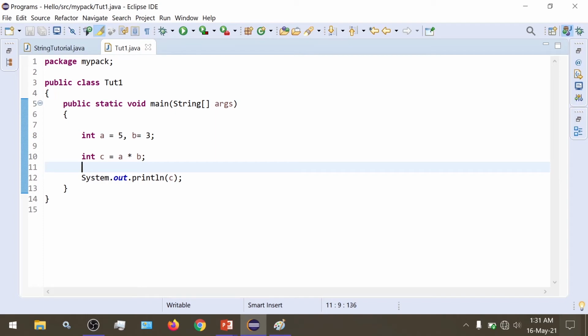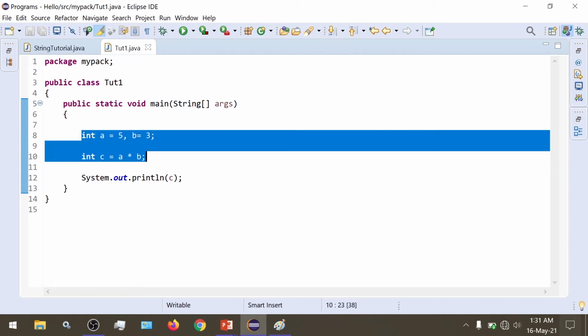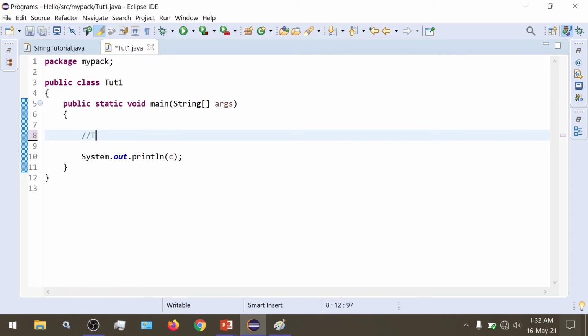For that we have the concept of final variables. A final variable is something whose value cannot be changed.